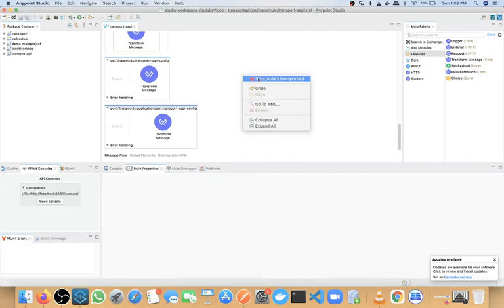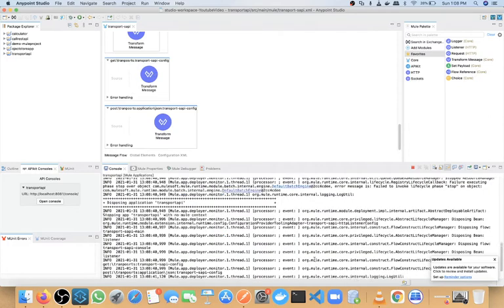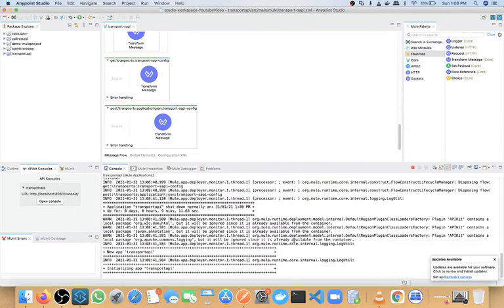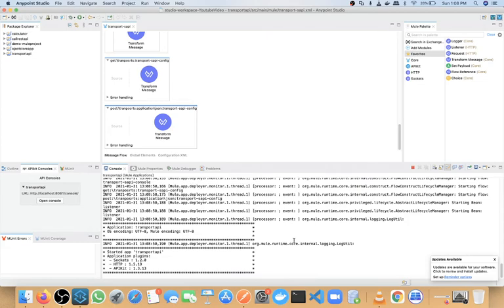Okay, so let me deploy it again. For deployment just save it, it will start automatic deployment since we have done very minimal change. Okay, so in this case it will start auto deployment. But if you add a few more components, then you need to deploy it again. In case of automatic deployment, you will get this kind of message. You will not get a deployed kind of message. Okay, so now we will test it again.